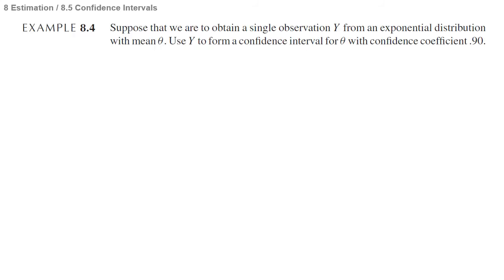Okay, let's move on to example 8.4. Suppose that we are to obtain a single observation y from an exponential distribution with mean theta. Use y to form a confidence interval for theta with confidence coefficient 0.9. Okay, and to use the pivotal method,